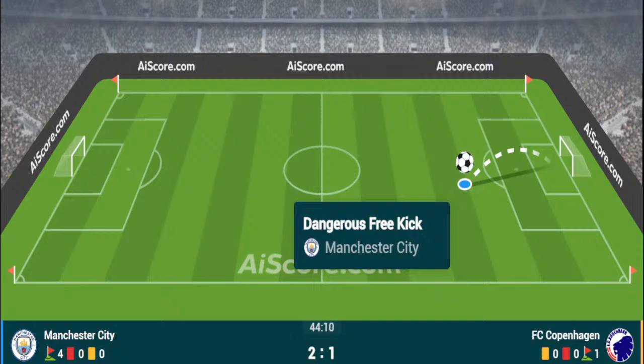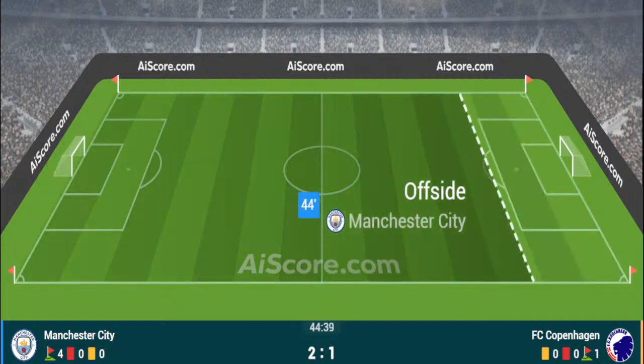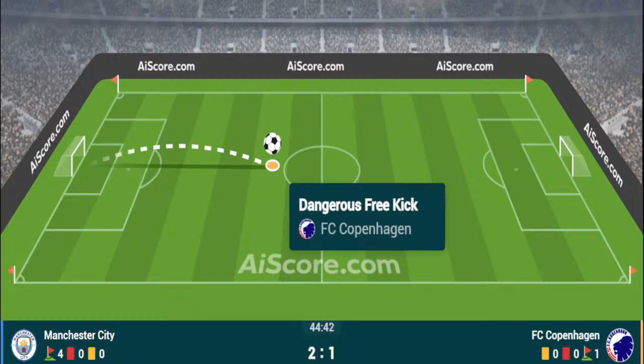Alvarez is going to be the one to take the set piece, with De Bruyne on the bench. He's taking control, and Bernardo Silva, he's taking control of the set pieces tonight for Manchester City. Right-footed from Alvarez. It's only going to reach a Copenhagen player. They might look to break here. Kuchi's ball, he was hit with all the venom. That could have skipped above Alvarez, who intercepted it on the halfway line. There's a chance for Clem to burst through on goal,